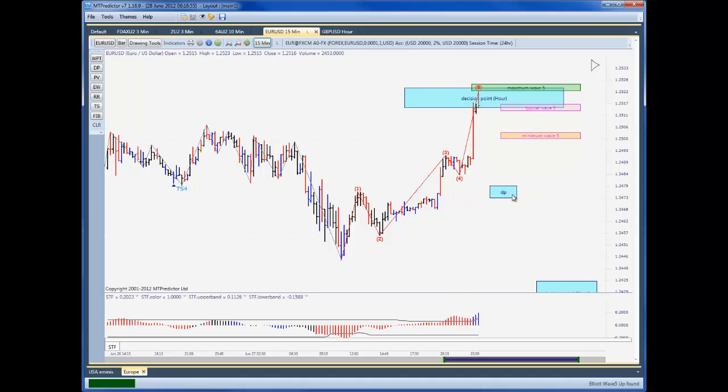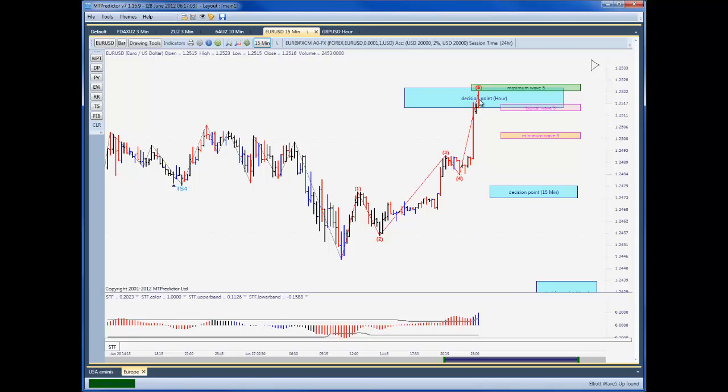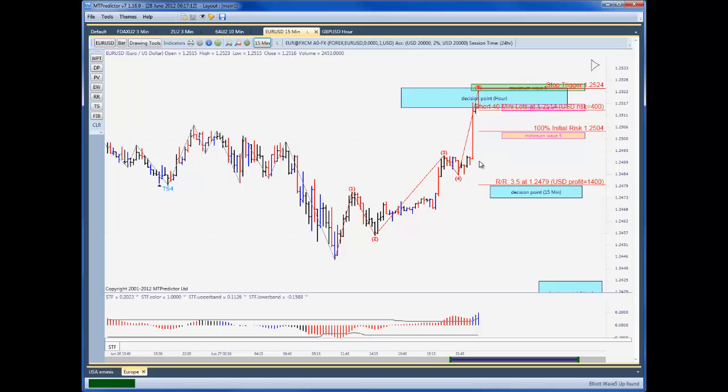So I'd go down, put the 15-minute DP on here, and this would be our initial target. Let's put our risk reward on in around that particular trade there. And you can see, actually if I pull this across a bit,